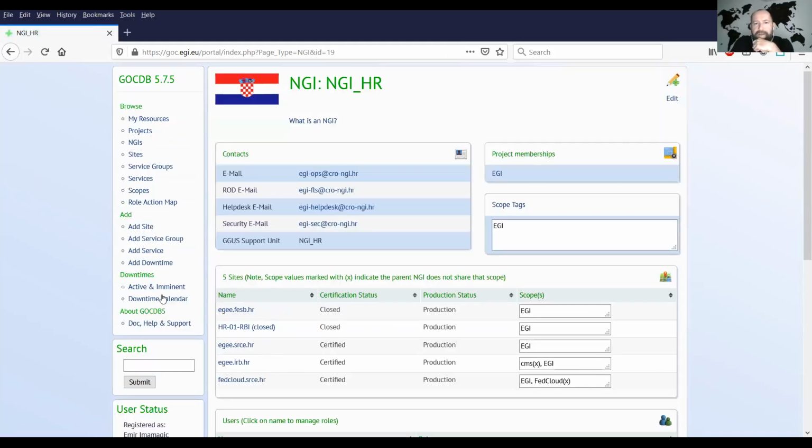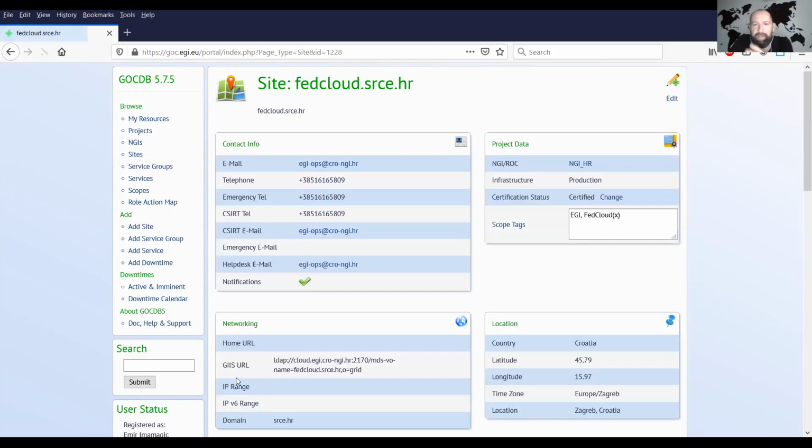And if you drill down, you will see sites which belong to the country, to the NGI, and then these sites together with the NGI, they can have different attributes assigned to them. They can have these scope thingies, and these are all things that allow you to do further filtering either in Argo or in the other systems which rely on GOCDB. Drill down further, FedCloud, this is our site, and here there are more attributes which are relevant for the procedures that I will mention at the end.